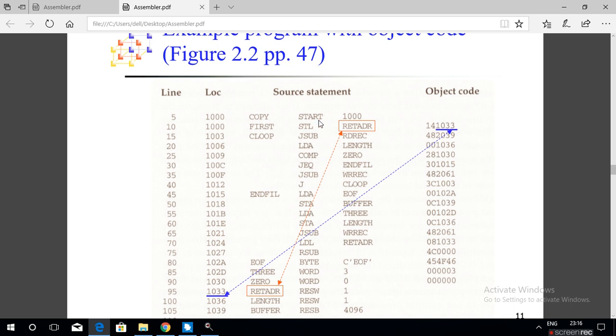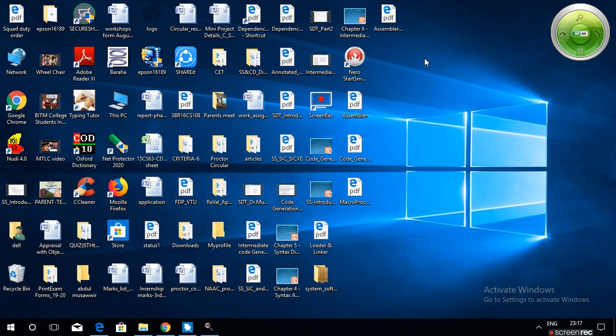During the process of translating this assembly level language program into the object code, the assembler will make use of two data structures. The first one is the symbol table, and the second one is the operation code table.